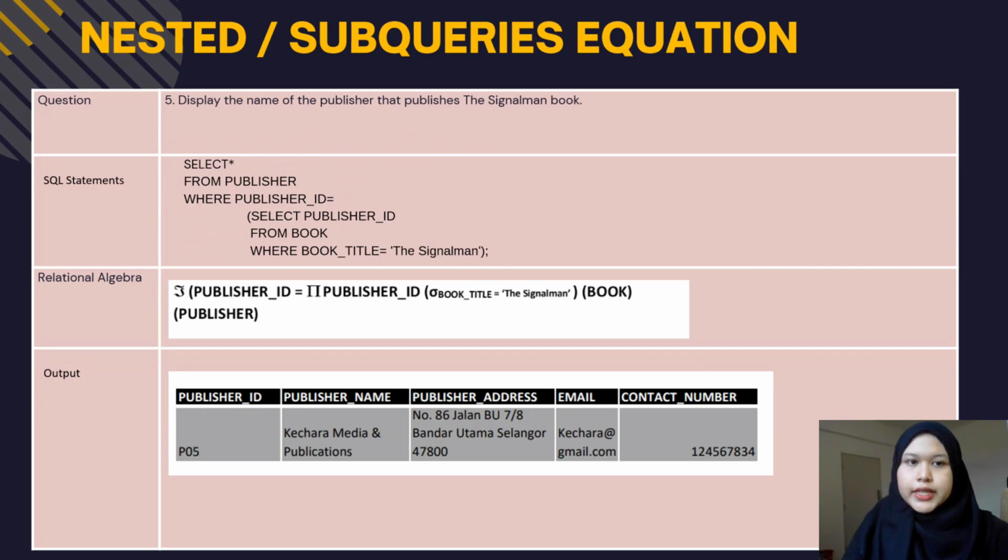Question 5. Display the name of the publisher that published the Signalman book. The SQL statement is select all from publisher where publisher ID equals select publisher ID from book where book title equals the Signalman. So the output will display the publisher ID, publisher name, publisher address, email, contact number that publishes the